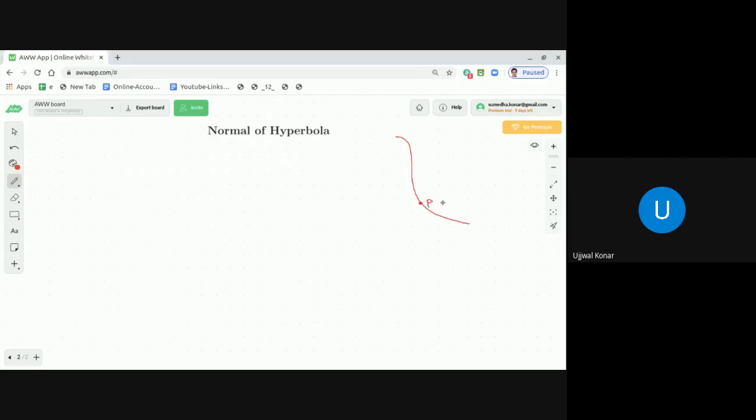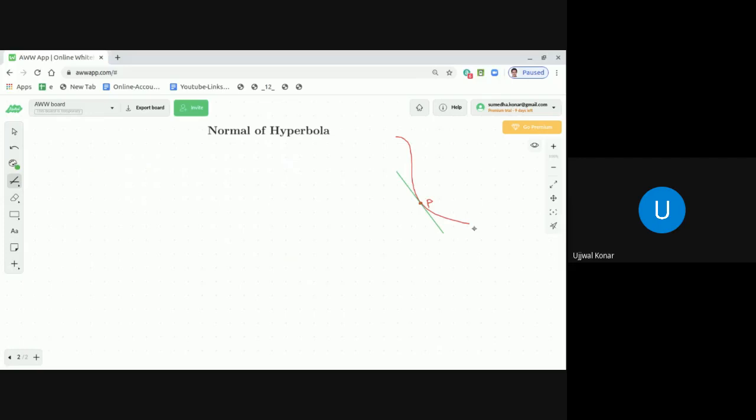Okay, and at that point P, you draw a tangent. First, let's draw a tangent. Let me draw the tangent in the green color. So if this is the tangent to the curve at the point P on the curve, and then what